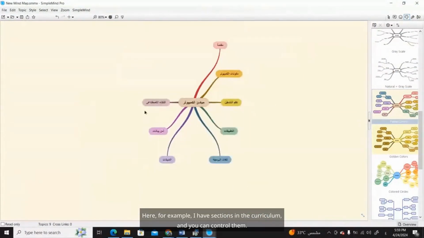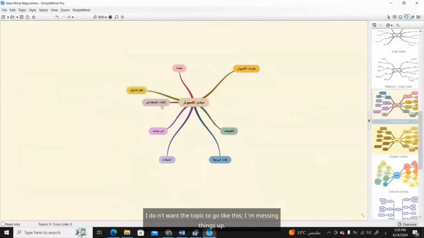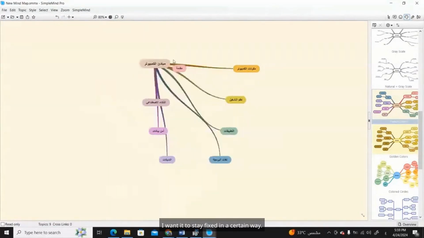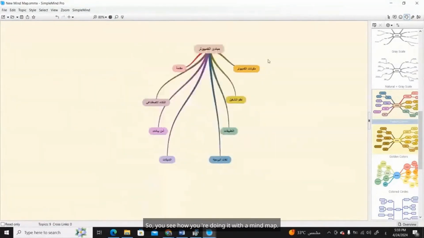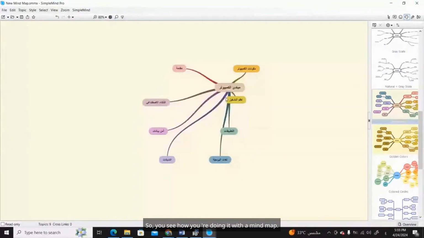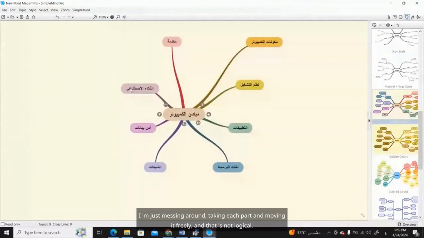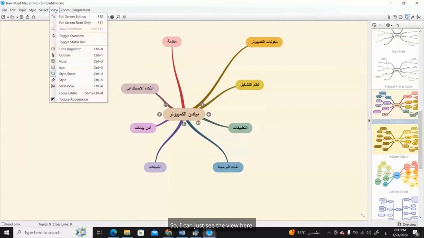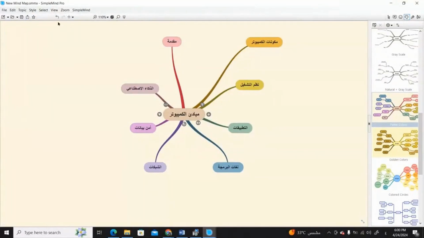Here, for example, I have sections in the curriculum, and you can control them. I don't want the topic to go like this. I'm messing things up. I want it to stay fixed in a certain way. So you see how you're doing it with a mind map. I'm just messing around, taking each part and moving it freely. And that's not logical. So I can just see the view here. Okay, there's just one thing, and that is